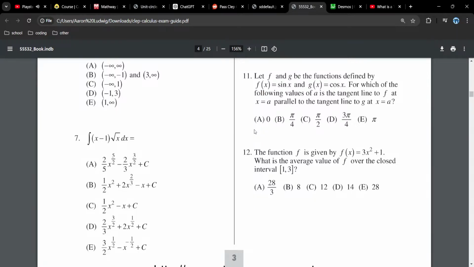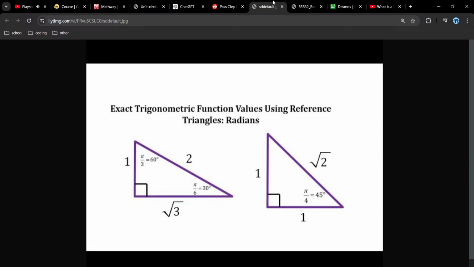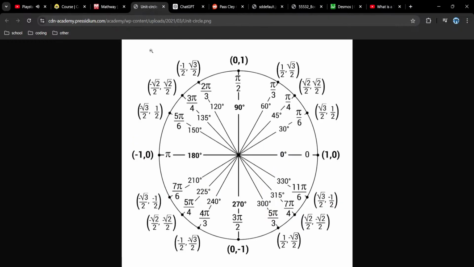So your answer is D, 3 pi over 4. Because yeah, they're 1 pi at 135. 3 pi over 4. Wait, okay, so I got that wrong. No, I didn't, because these are normalized, I think. Yeah, it's fine. It's the same thing as